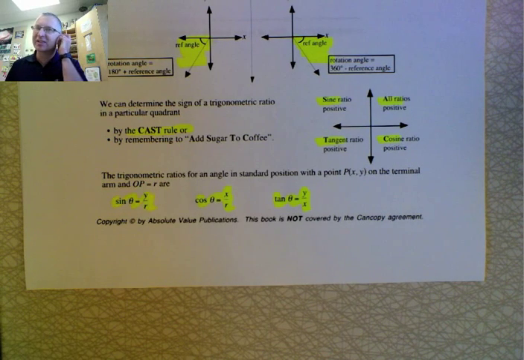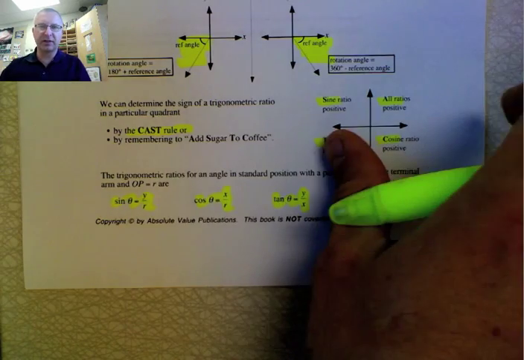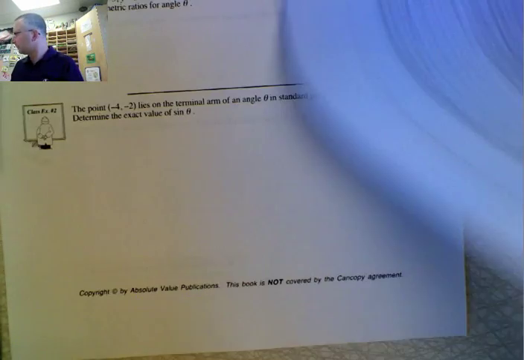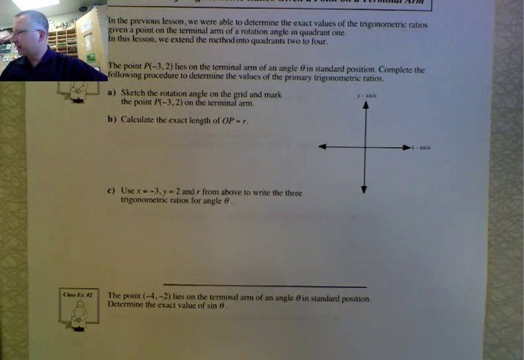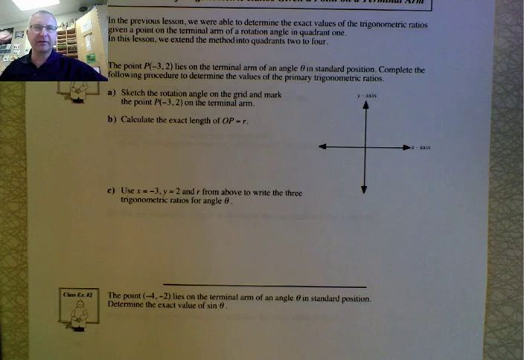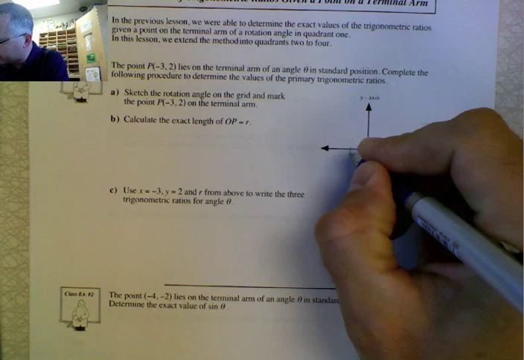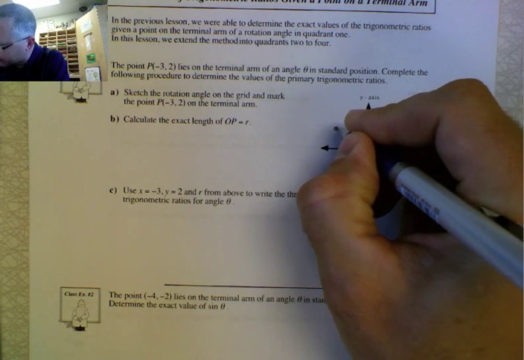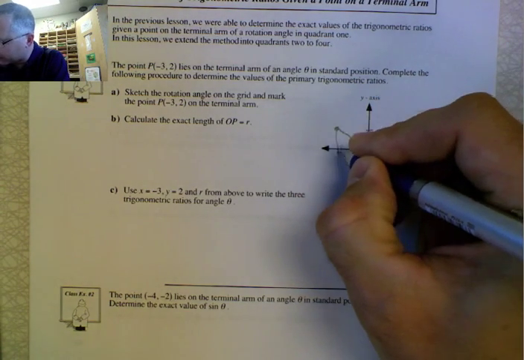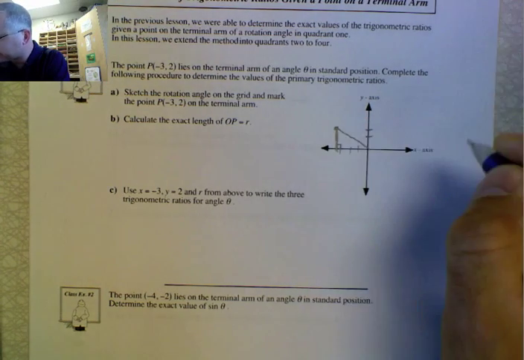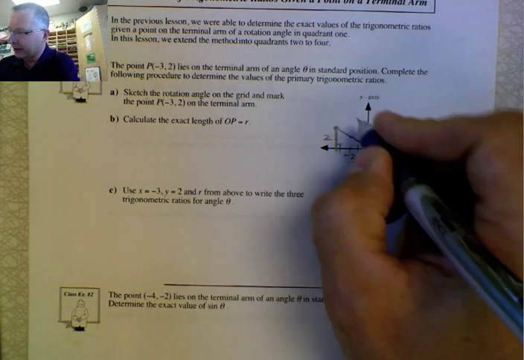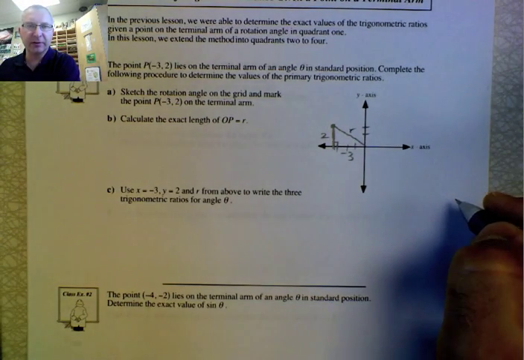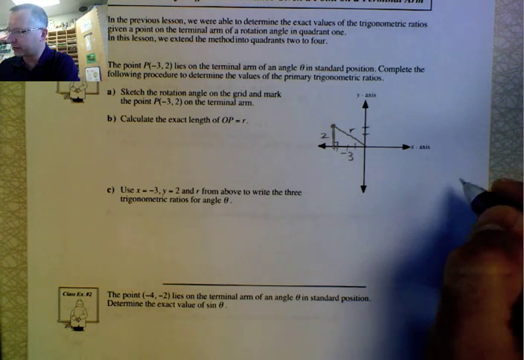So those are all things you've seen, but you're going to have to use those in this lesson to solve some problems. So if we flip the page and we look at the first problem, it says a point lies at -3 and 2. So it says sketch that. Well, -3, 1, 2, 3, and 2. So that's right about here. So if we draw our right triangle, go down to the x-axis, this distance is -3 and this distance is +2. This is our radius, this is our r value, and we've got to calculate that r value using Pythagorean